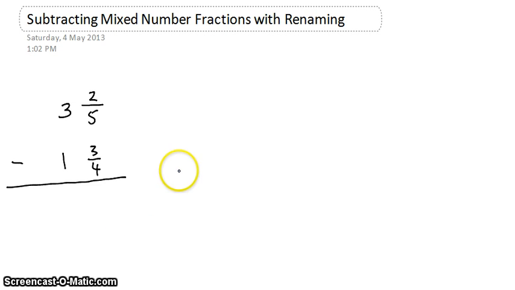Okay, so in this video, we're just going to look at the subtraction of mixed number fractions again with the need to make equivalent fractions. Here I have 3 2/5, take away 1 3/4. And we know first of all, I need to make sure my fractions are in the same denominator, that they